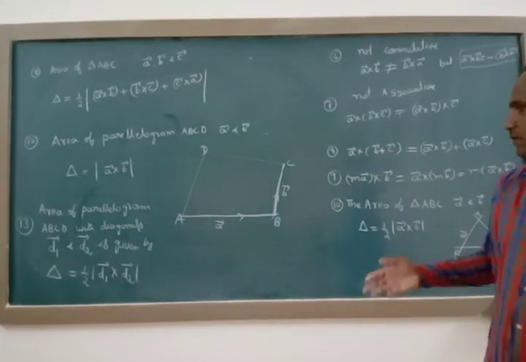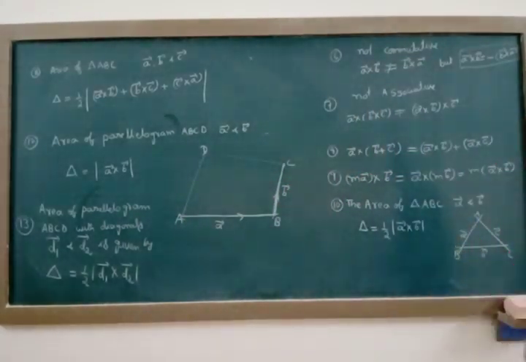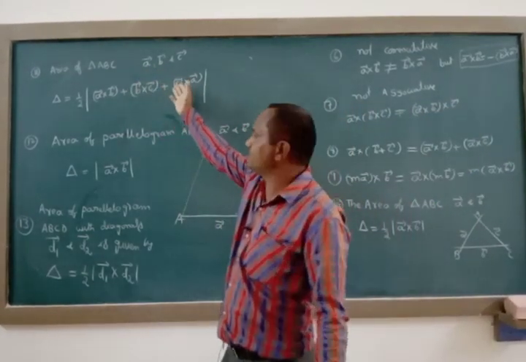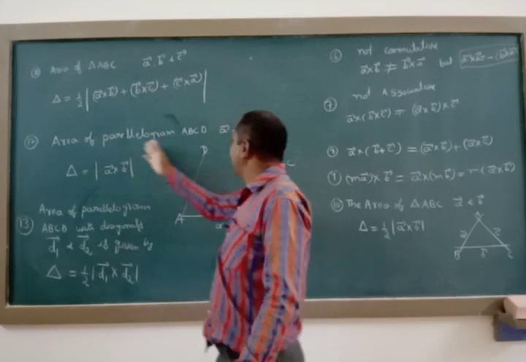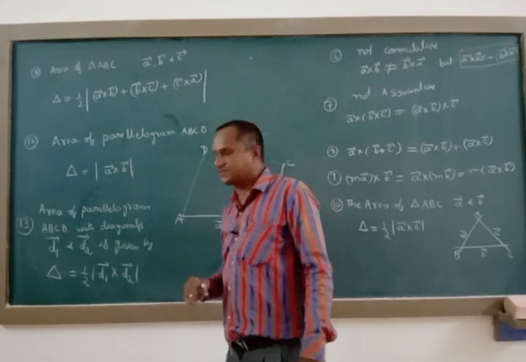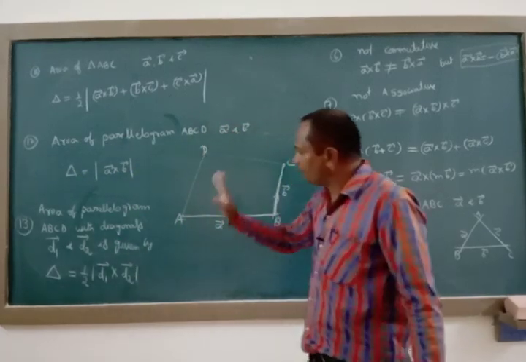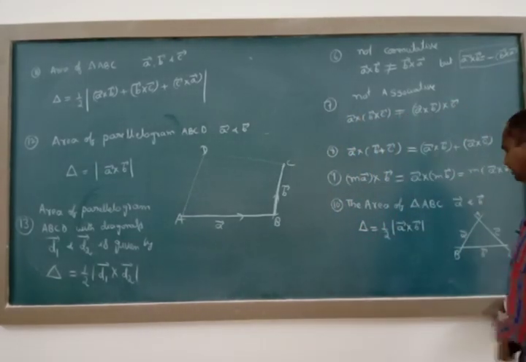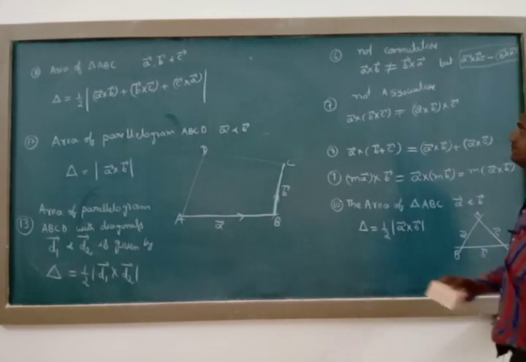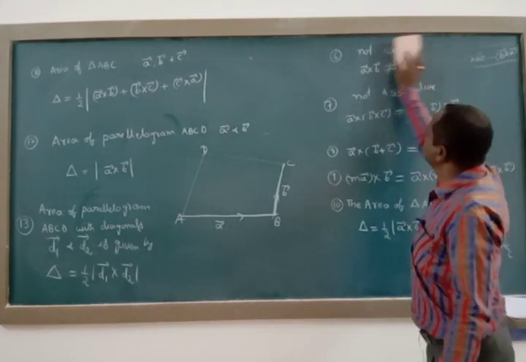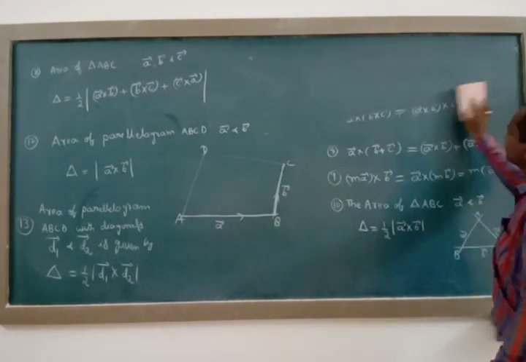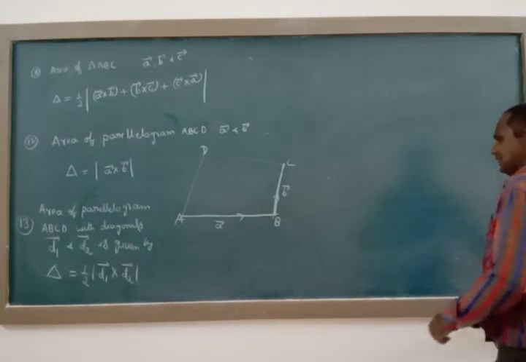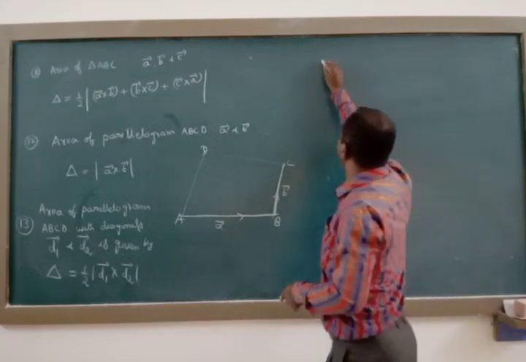Area of triangle with two adjacent sides, this formula. Area of triangle with the position vectors of the vertices, this formula. Area of parallelogram with adjacent sides. Area of parallelogram with diagonals, and the above formula is with adjacent sides. Next point, 14th, is